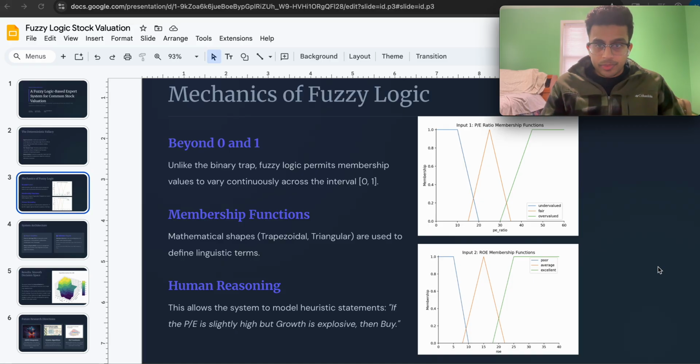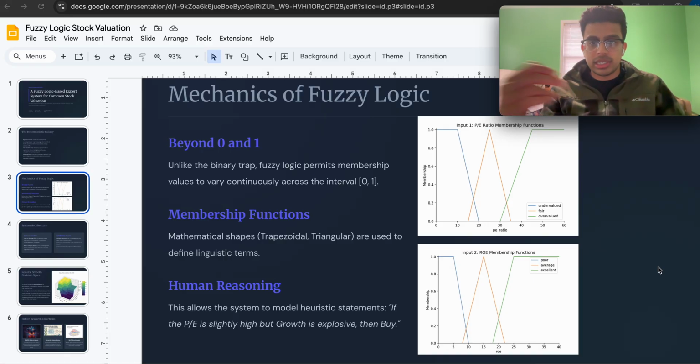That label. So what we're trying to do is take a mathematical shape and bound where the financial KPI will land. Based off of that bounding, we will create a linguistic term with a particular decimal value ranging from 0 to 1. Ultimately, what you can see here is I have two charts, one for price to earnings and one for my return on equity.